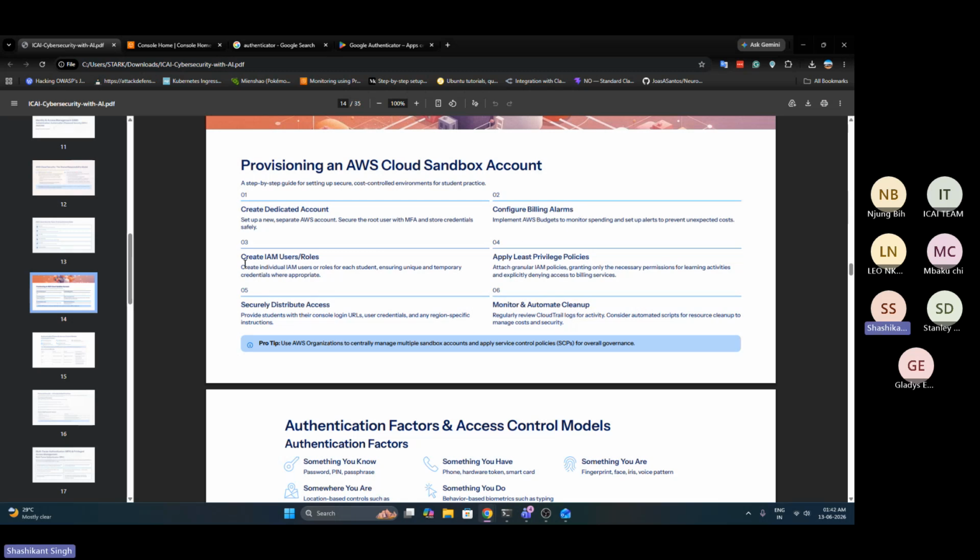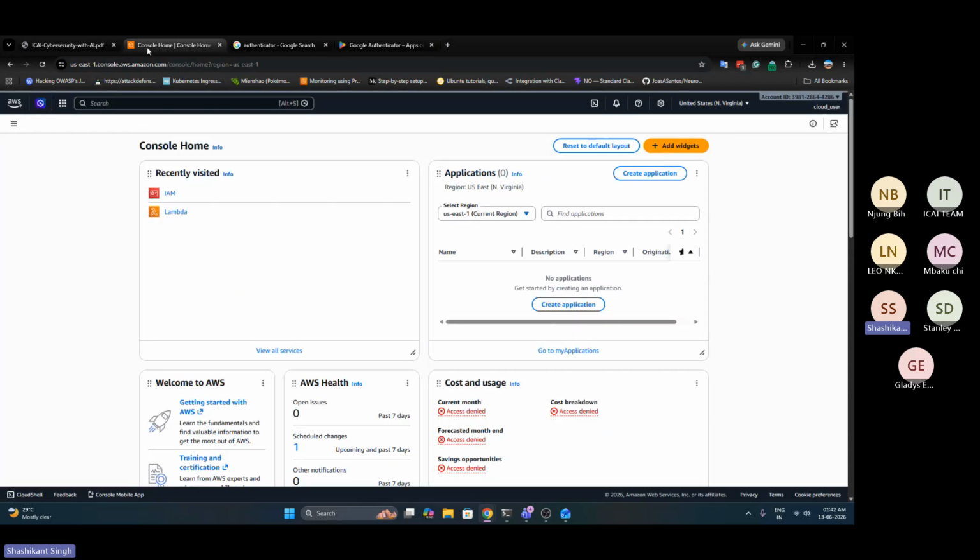Okay, so first of all, this thing is create IAM users and roles. How should you create those users and roles? Remember one thing, whenever you are giving anyone access, for example, let me show you that. So if I go here, I go to IAM,